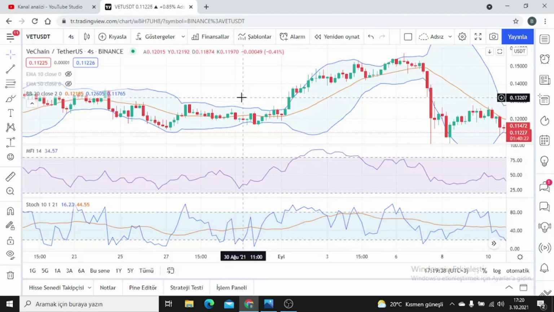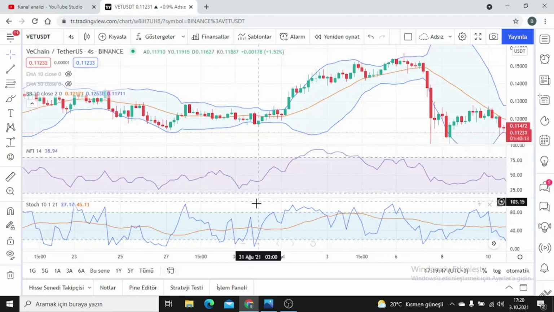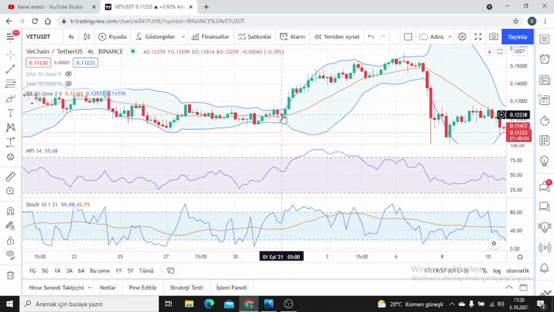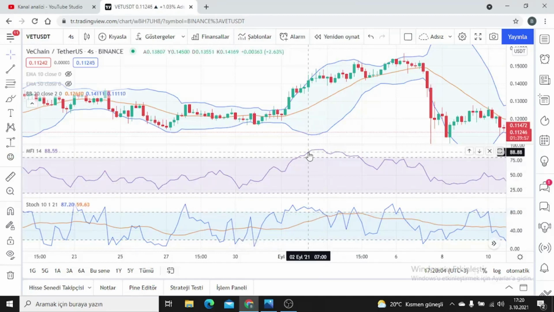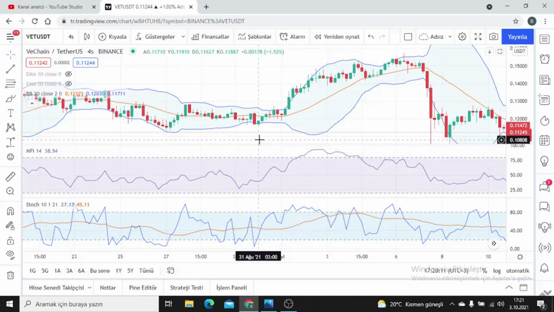Stochastic gives constant buy and sell signals quickly. It reacts very quickly as it measures the speed of our price. Let's pay attention to these so that we do not forget this information. As you can see, the stochastic gives a buy signal here. We see that there is an inflow of money and there is a rise from here. Here the stochastic does not produce a sell signal. The stochastic produces a sell signal in this region, and our money flow index is also flat in this region. Here are our indicators that show us that the process will be exited from now on.